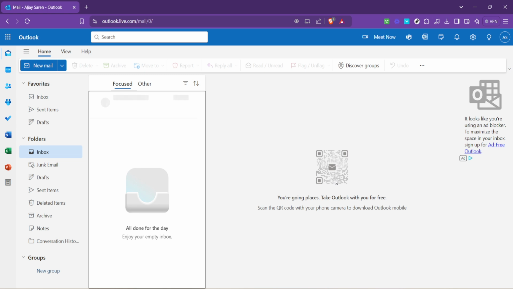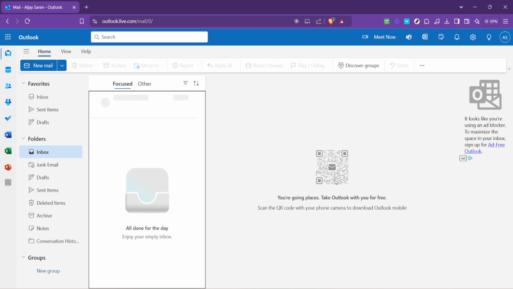But here's an additional tip to enhance your experience. Once you've added a task from Outlook to Microsoft To Do, take a moment to categorize it. Microsoft To Do offers an array of features like lists, steps, and tags that can help you organize your tasks more effectively. By categorizing your tasks right from the get-go, you're setting yourself up for a more organized and less overwhelming task management experience.